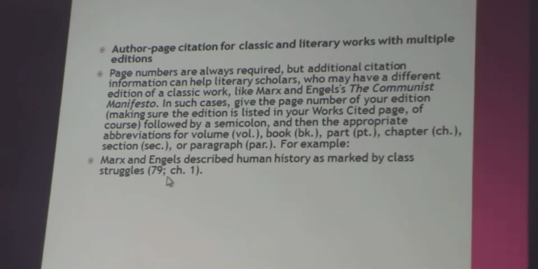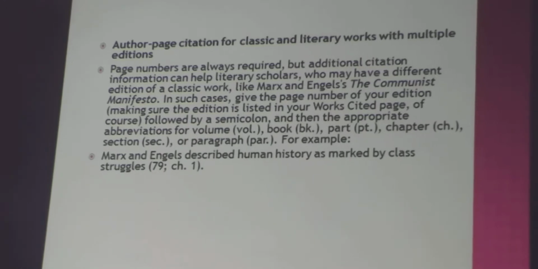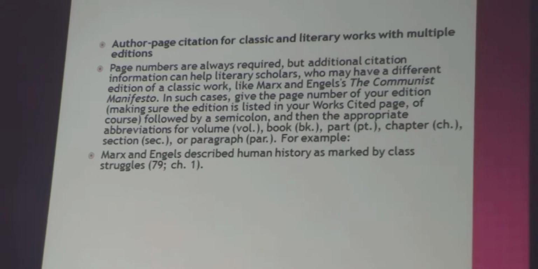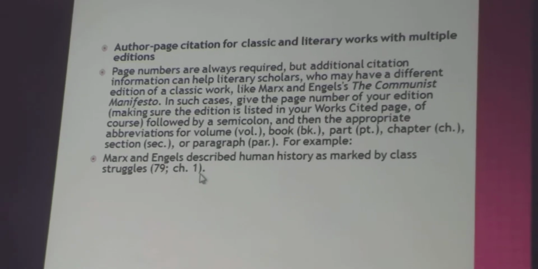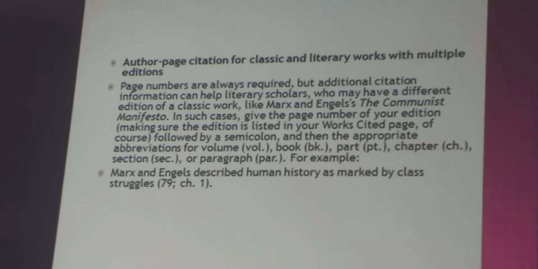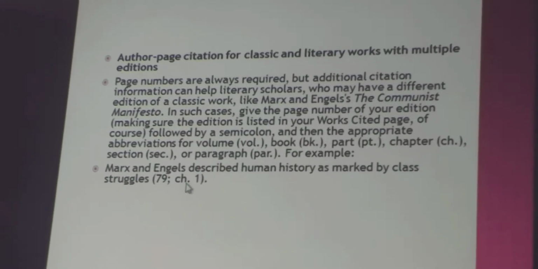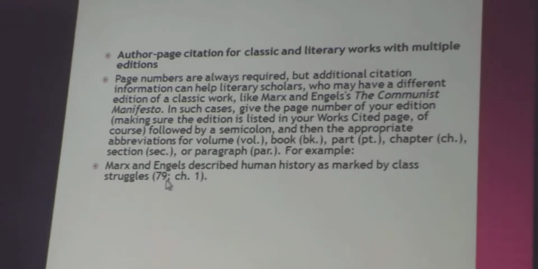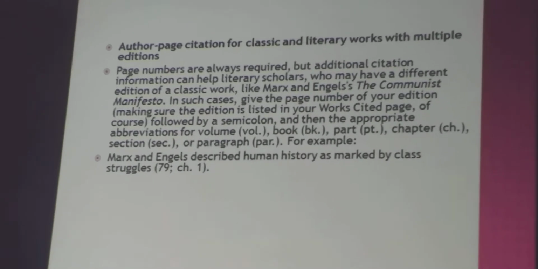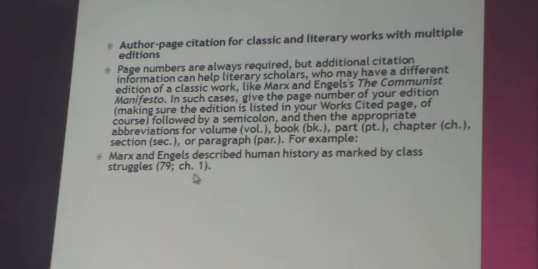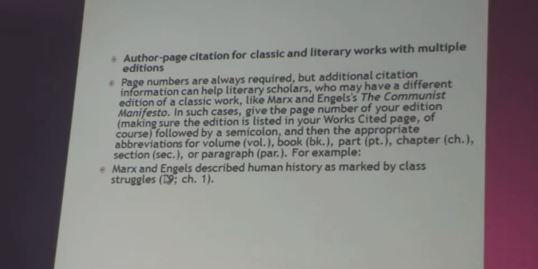It is not like in MLA, in APA, sorry. So in MLA, since here this is a chapter in an edited book, you are obliged to add the number of the chapter. Is it chapter 1? Is it chapter 2? Or 3, and so on, okay? And you have to separate the page number from the chapter number by a semicolon, as you can see. So the main difference between MLA and APA: in APA, you are not obliged to add the chapter number, just the page number and the author's names.